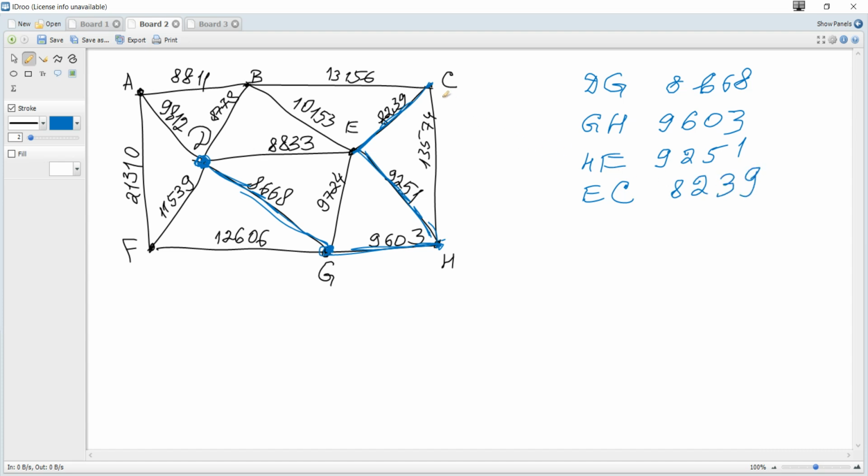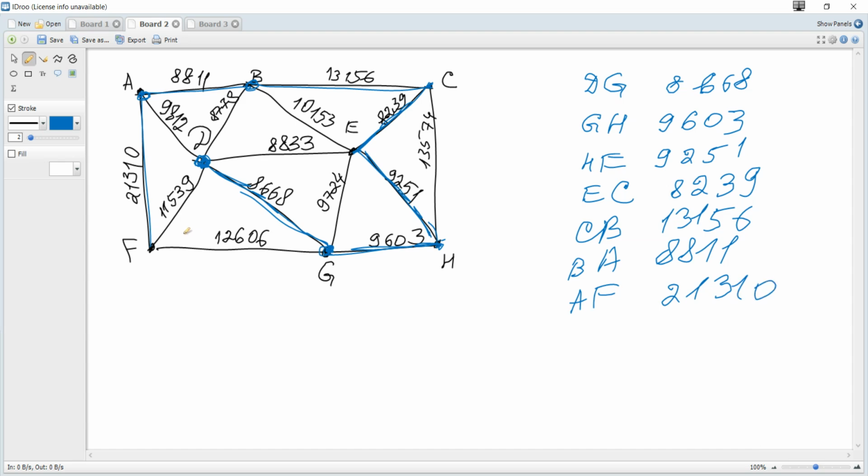and you remember that all vertices must be visited once, and from C, then definitely only one variant to B, then to A, and then to F, and then to D. It's the start and the end point, and FD is